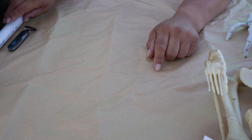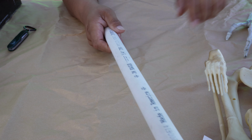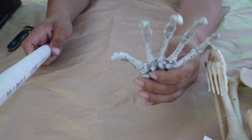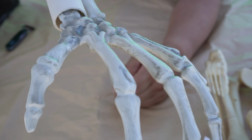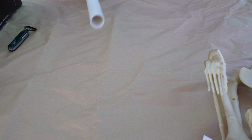Alright, so we're going to need this PVC. Put this in. Now, what we're going to use this for? A back scratcher, to scratch your back. So we're going to insert it in there. But I also want to put this one inside the hole there. And you can see how tight that hole is. So how are we going to do that? So